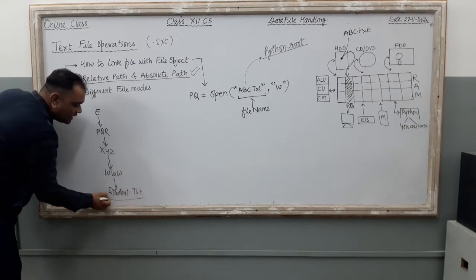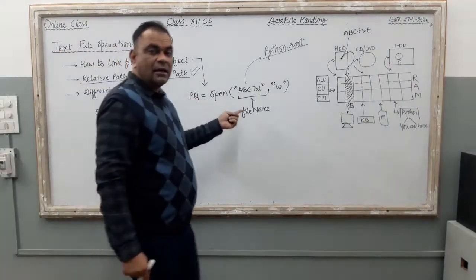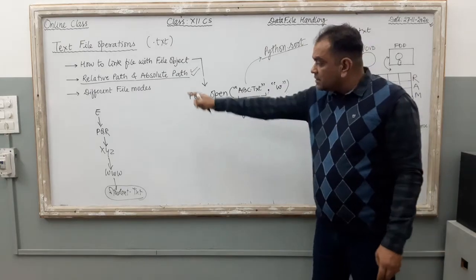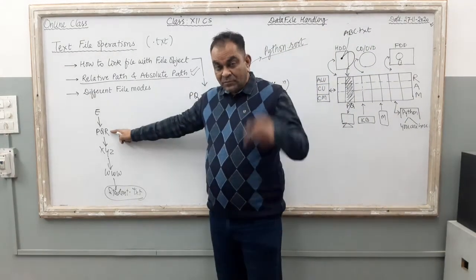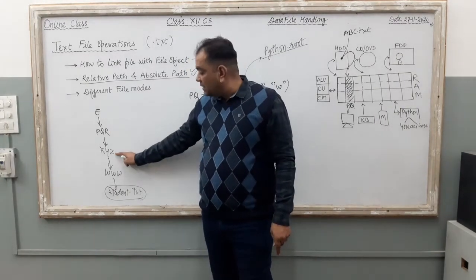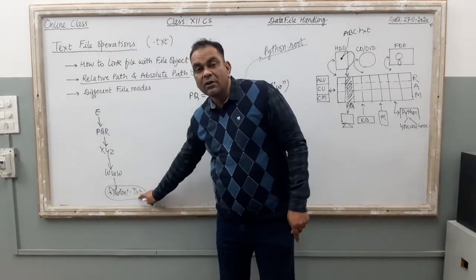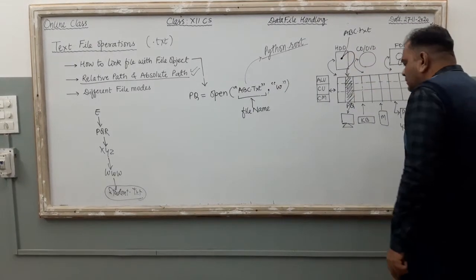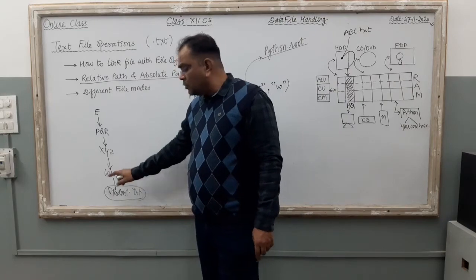एक नंबर का क्वेश्चन आएगा MCQ, it is an application based question. आपको बोला गया सिर्फ ये कमांड लिखो, write the open statement and how to link this file in your Python program. Just see the location, drive is D, in this drive PQR folder is there. When you enter in the PQR folder you find XYZ folder, then again you find www folder. Here it is your file location. File is there in this www folder.